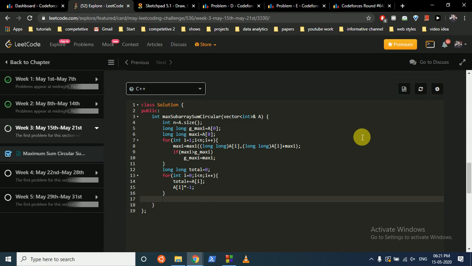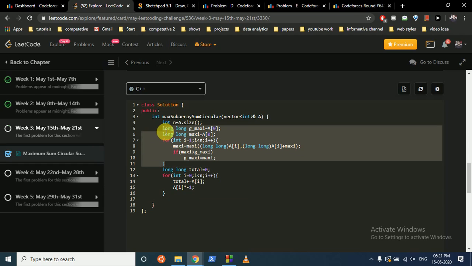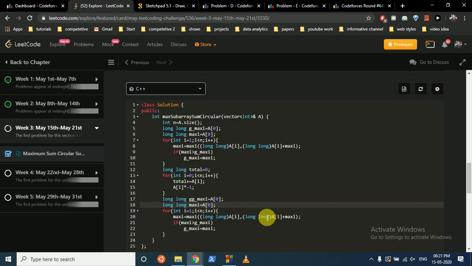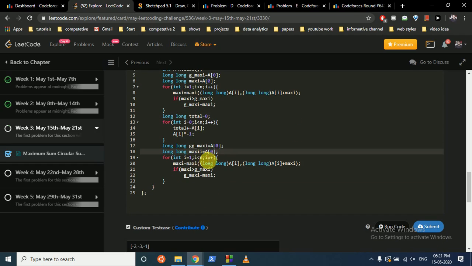After this we will again do the same Kadane's algorithm on the new array, so just copy this out. Our new global maximum will be gmax, and our new local maximum can be maxi. Iterate over all the elements. The new local maximum will be this till now. Now if this becomes more than our new global maximum, we update everything.